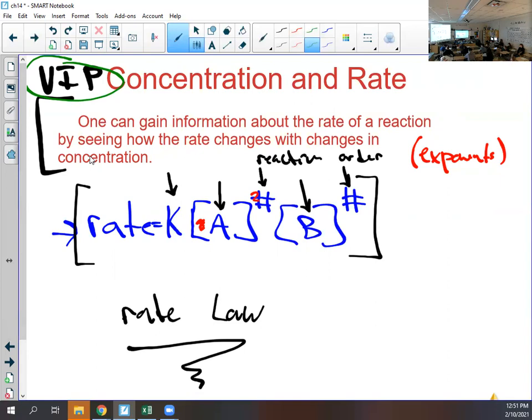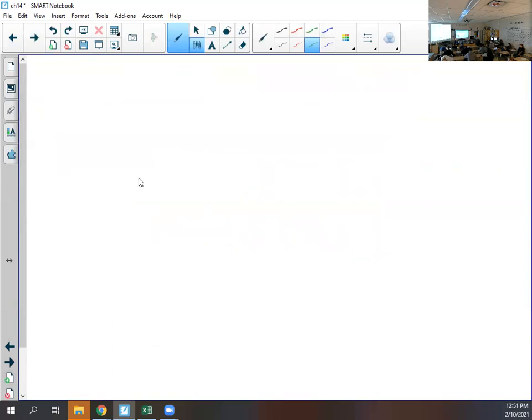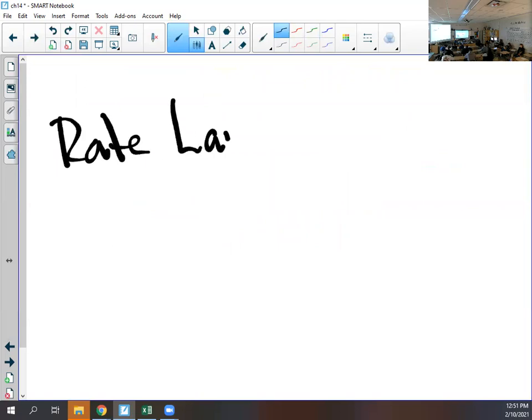Okay, maybe she is being a little loud. Just kidding. All right. You need to know from now on, I'll come back to this slide in a second, but we have a thing called a rate law. A rate law is really the mathematical equation that defines the rate. The rate law is always in this format. Rate